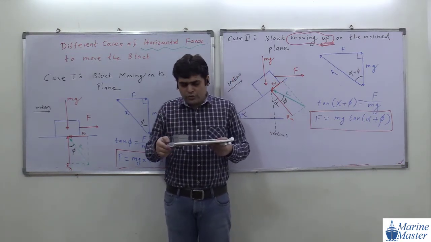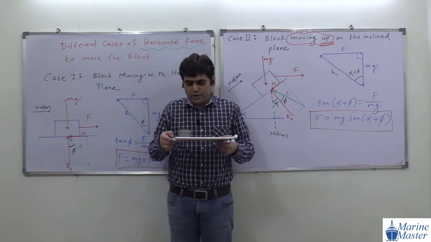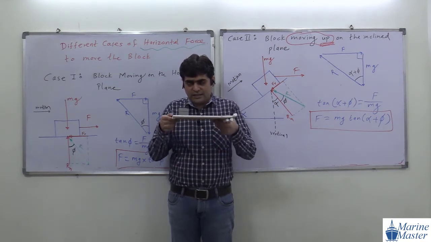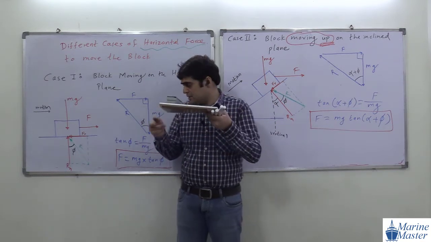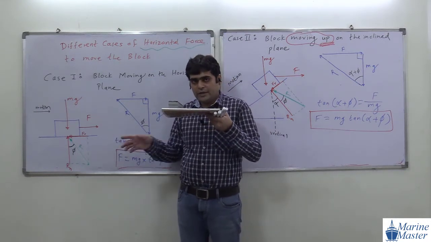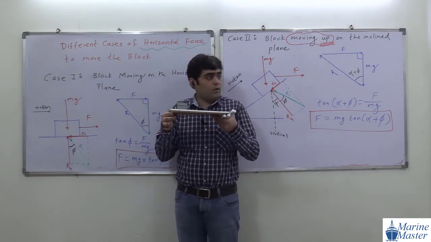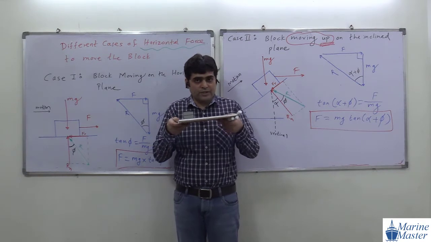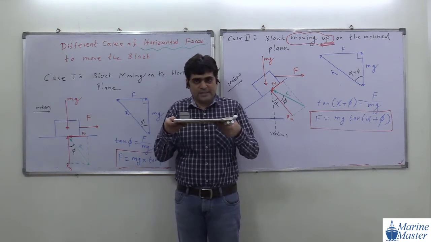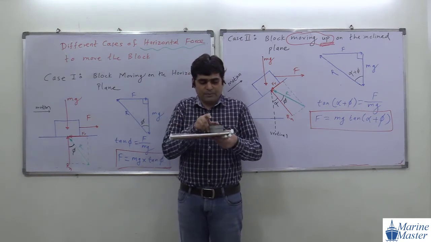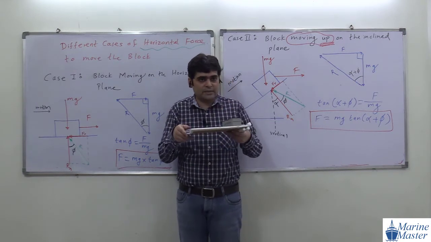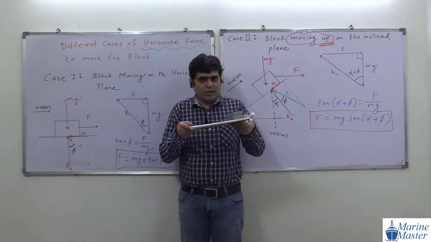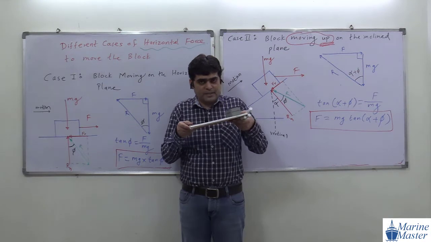So guys, initially this plane is horizontal, which means our alpha is 0 degree. Now I am increasing alpha. Suppose I am keeping it here, so that you will feel it like this. I am increasing alpha. See the point here.